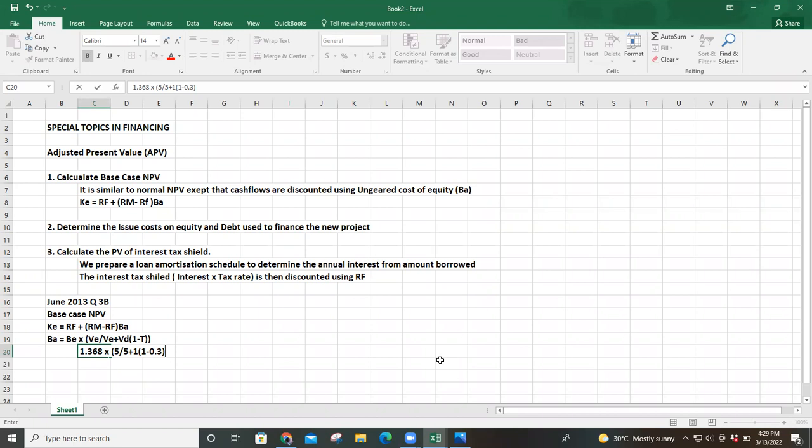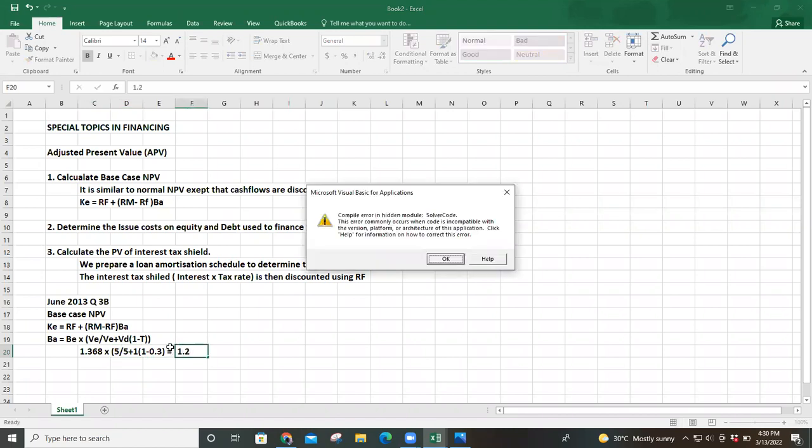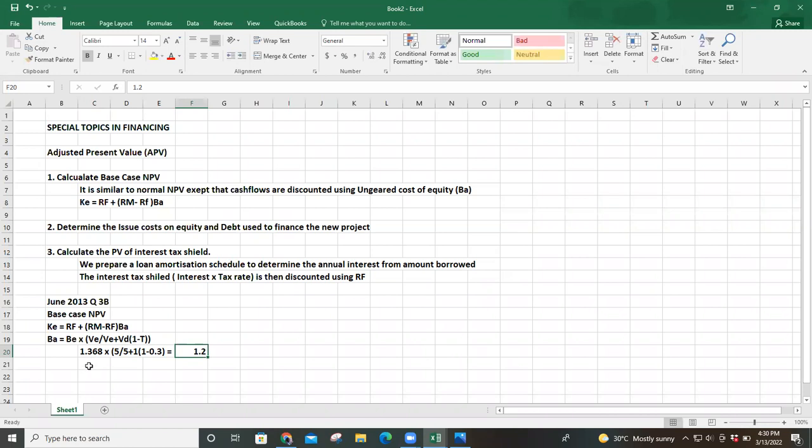Then we multiply by 1.368. So having 1.2. So therefore our KE